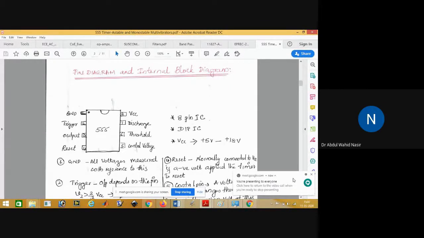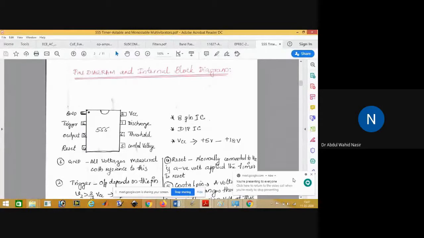Using Multisim. In the last class, I told you that you have to create an account and get access to Multisim. You can have that access online. I am also using the online access. You can get my file. It's very easy.